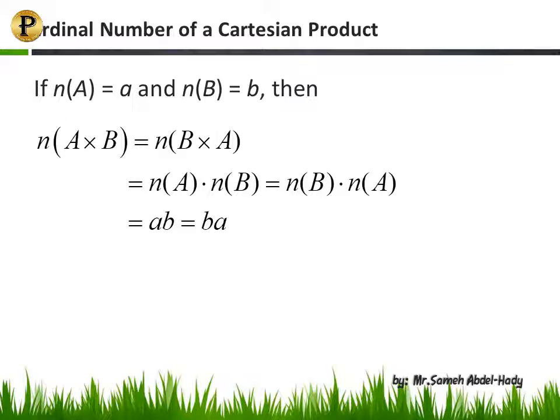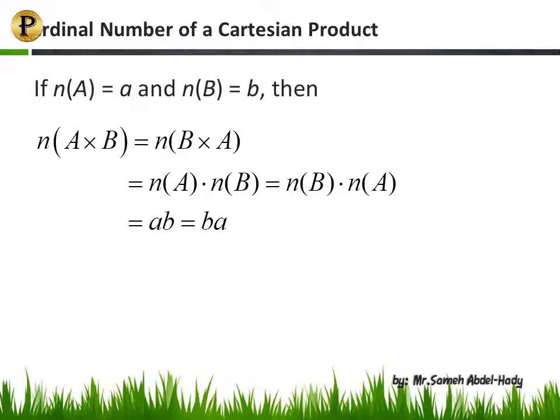It says if n of the set A equals a small and n of the set B equals b small, where n of the set A is called the cardinal number, or the number of elements in the set, then n of A times B, n of the Cartesian product of A and B,